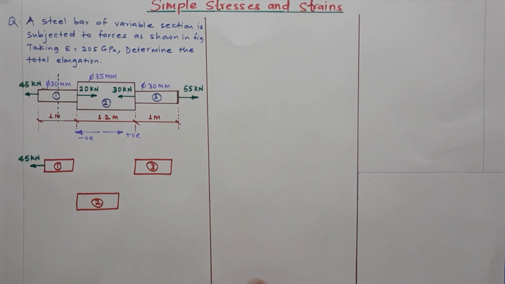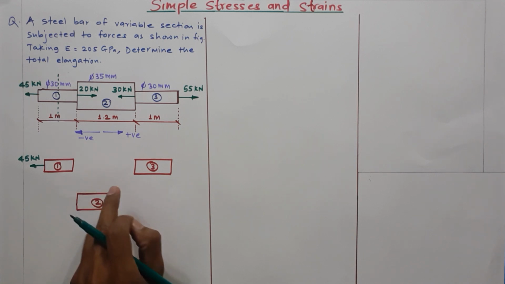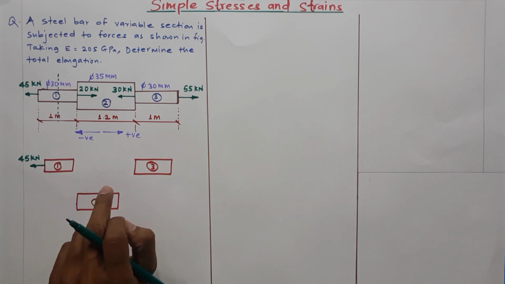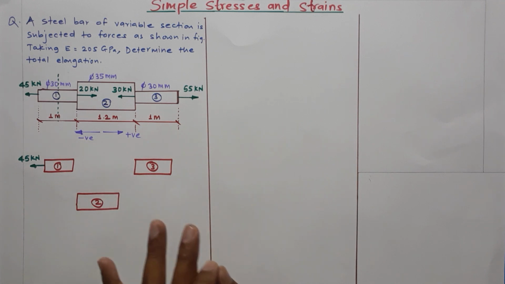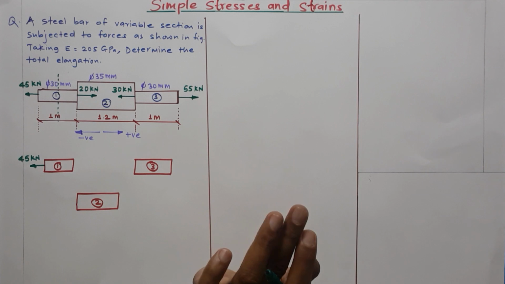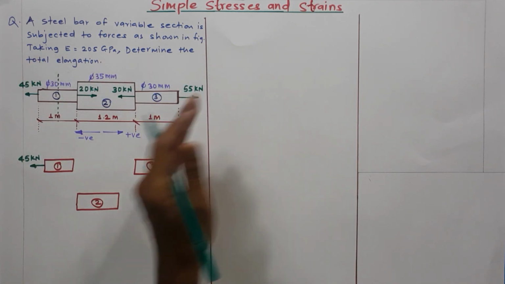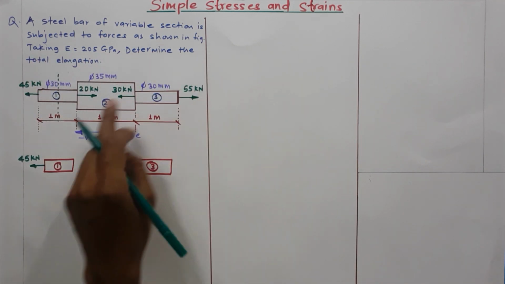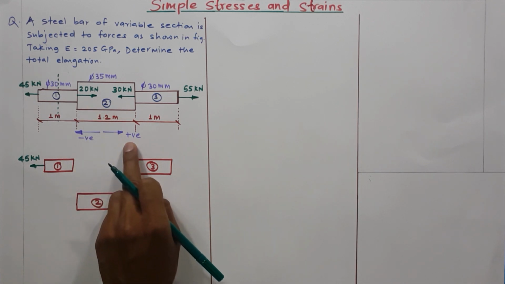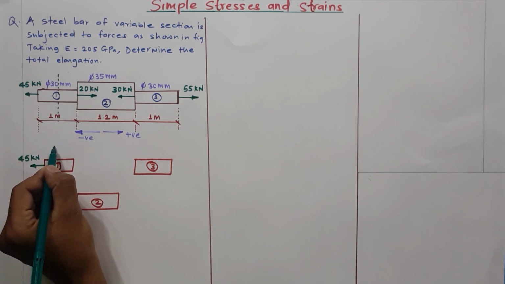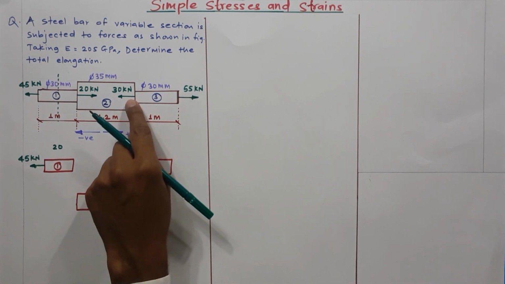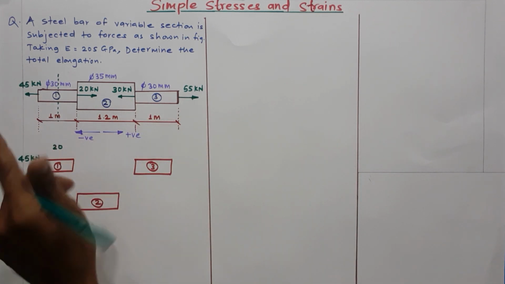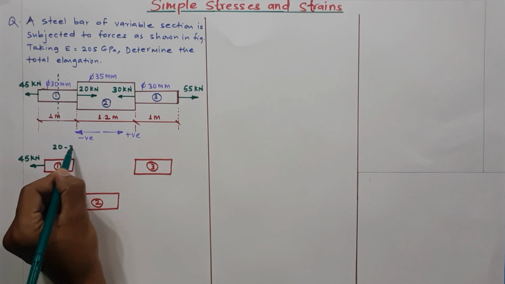Then we see the right side of forces. If the right side of forces is equal and opposite to the left side of forces, then our calculation is true, and we got the internal force in the first part. Simple. Then see the right side of forces. Here the section's right side forces: there is a 20 kilonewton force going towards right, we take positive, that is plus 20. That 30 kilonewton force goes towards left, it is negative, that is minus 30.